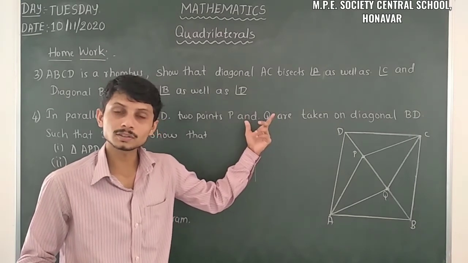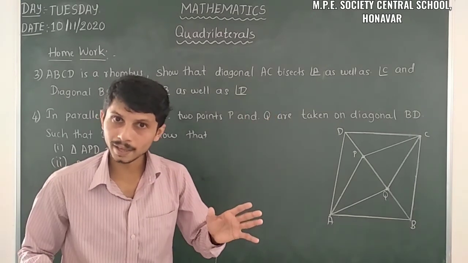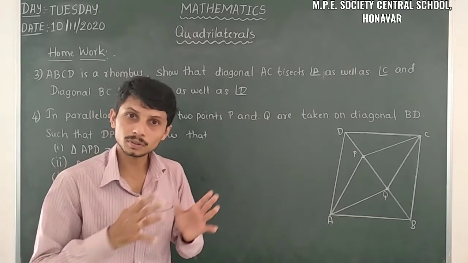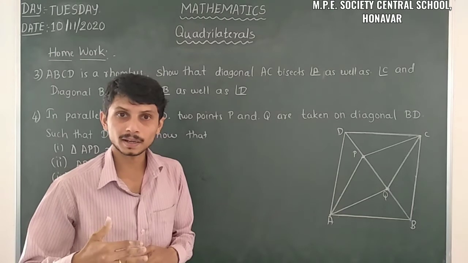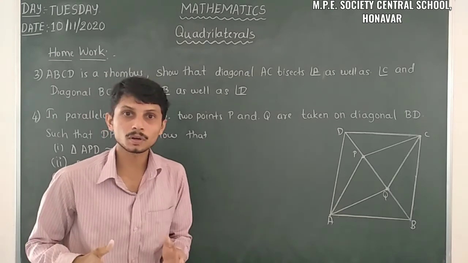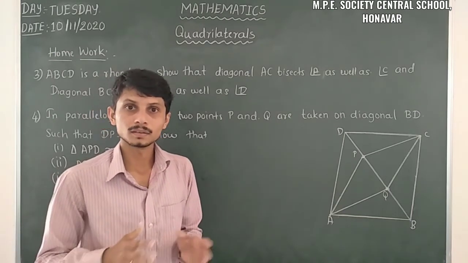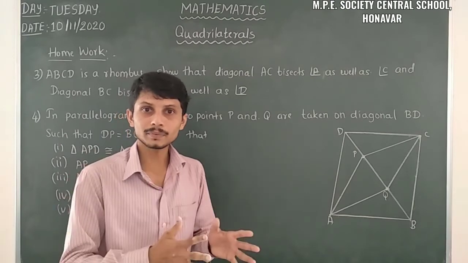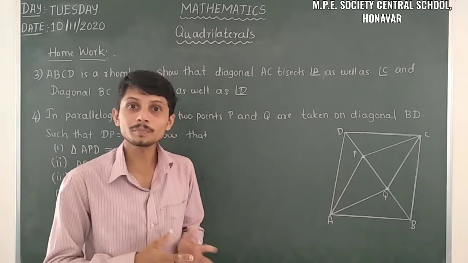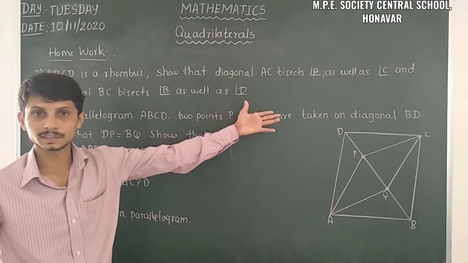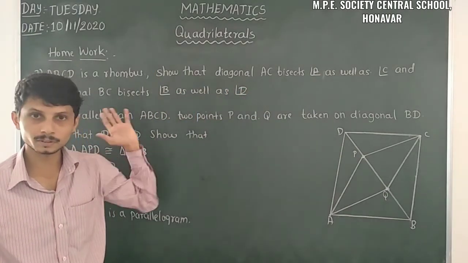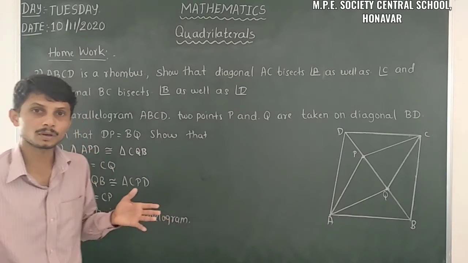We know that using that property. Also there are diagonals there, and one of them is considered as a transversal. Consider any two sides as parallel lines and one of the diagonals as a transversal, and there we have a relationship. From the use of that, find out these things. So this is the first homework, and let us take the second homework.